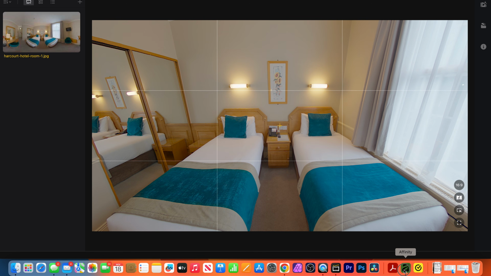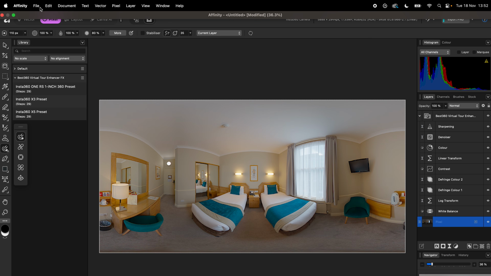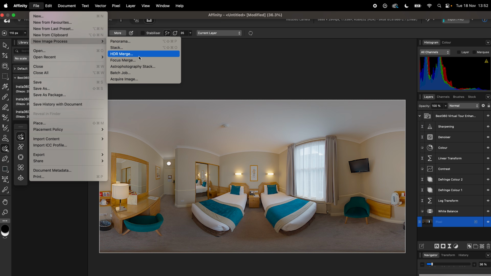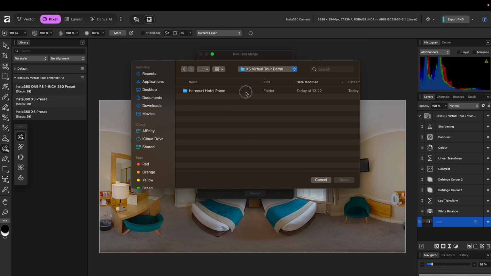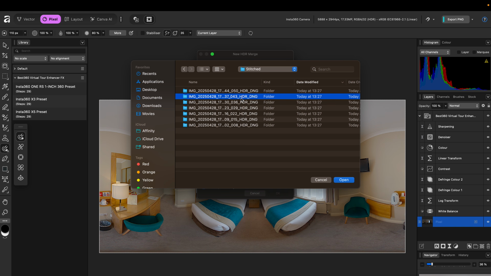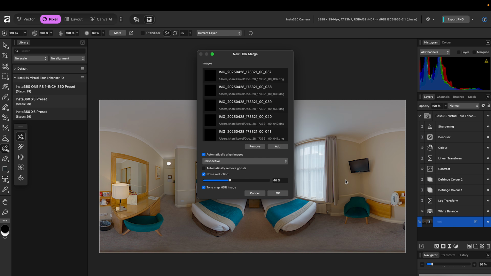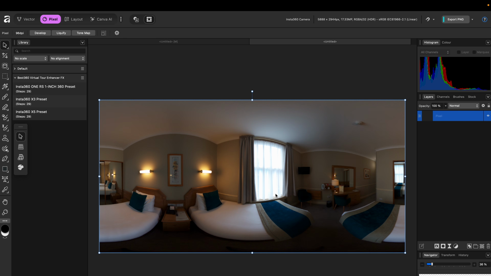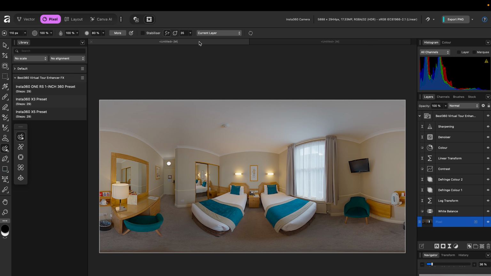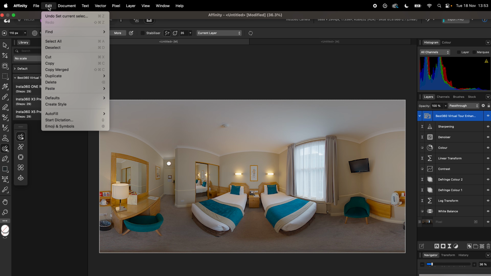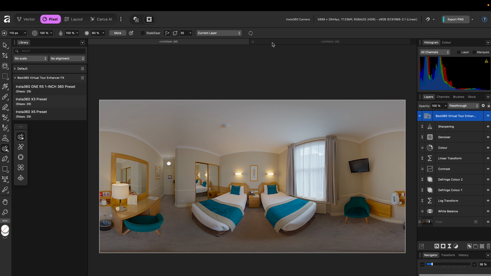To use a custom X5 preset for other virtual tour photos in the tour, HDR Merge the next photo, copy the Best 360 Virtual Tour Enhancer Effects folder from the previous photo, paste it above the next photo,